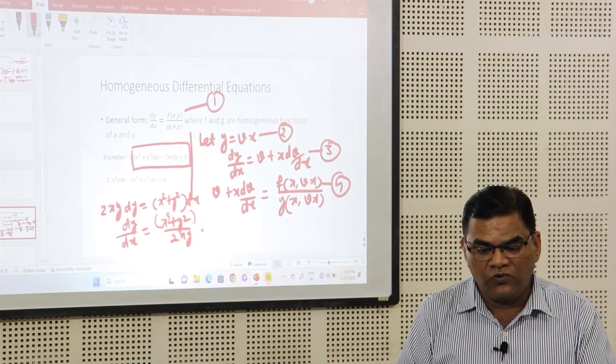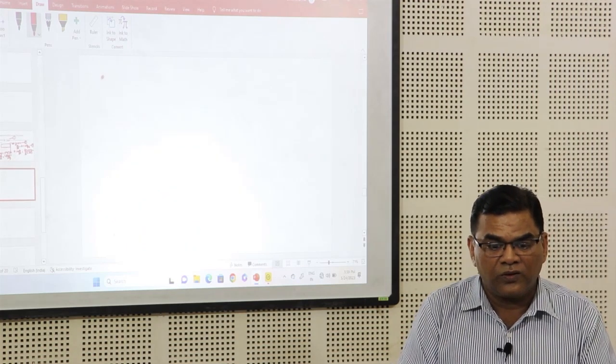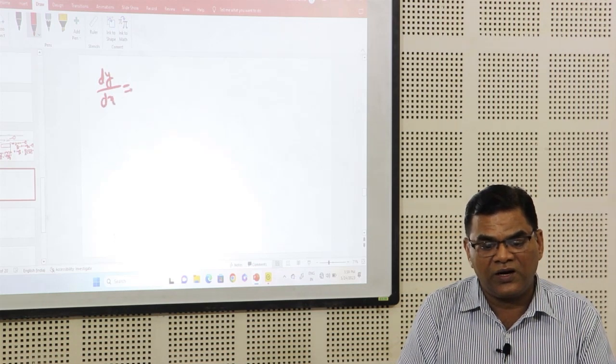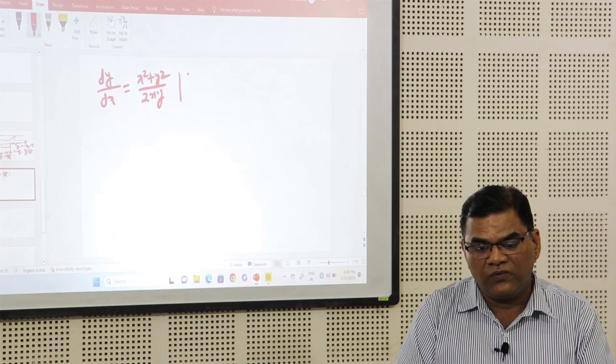To find the solution of this type of equation, we substitute the assumption we made earlier. Just assume y is equal to vx, so that